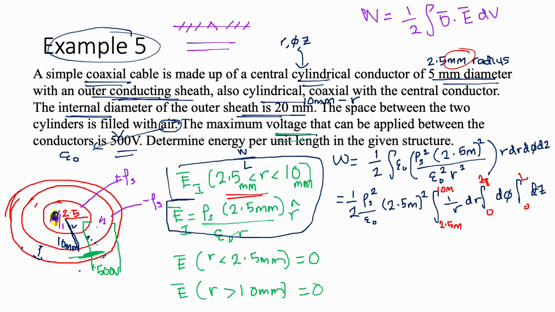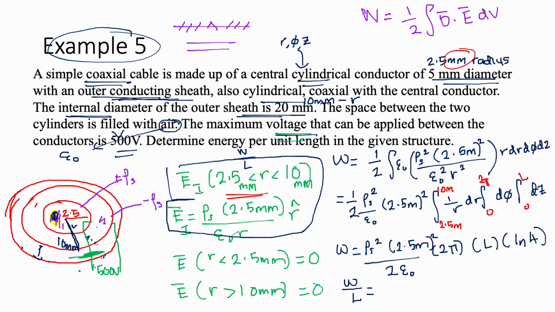So your work will then become rho s squared, 2.5 milli squared, over 2 epsilon naught, times 2 pi L ln 4. And if we simplify this, you will get